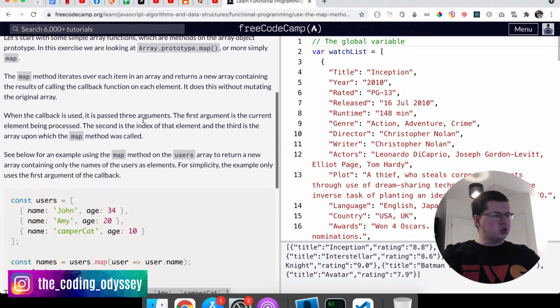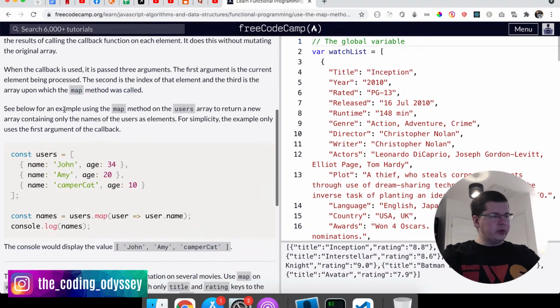When the callback is used, it receives 3 arguments. The first argument is the current element being processed. The second is the index of that element, and the third is the array upon which the map method was called. See below for an example using the map method on the users array to return a new array containing only the names of the users as elements. For simplicity, the example only uses the first argument of the